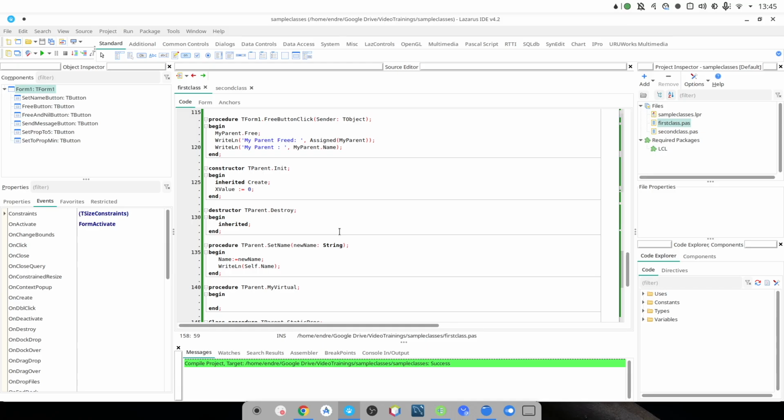But if you have parameters for a parent object procedure, then of course you can also use again the similar thing, the inherited destroy, for example, or if we are talking about here a procedure, as you can see, if I would have a parent set name procedure with some parameters, then I would be able to call that inherited procedure with that call as well,